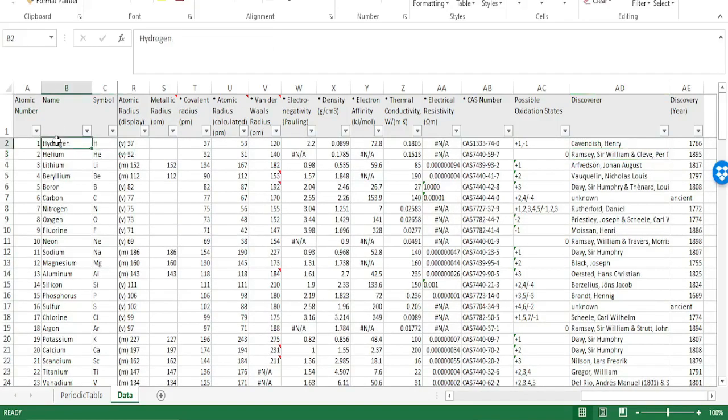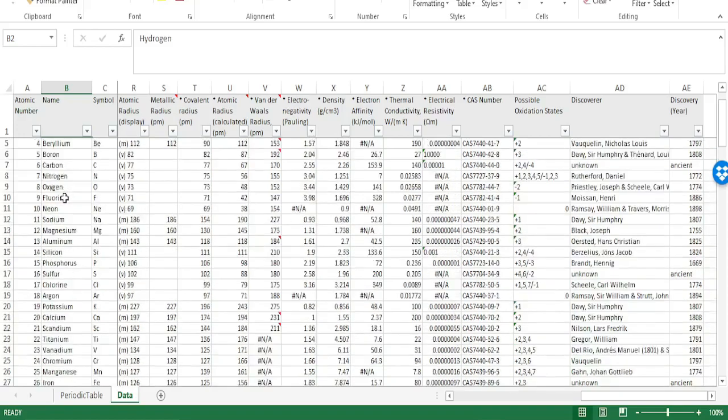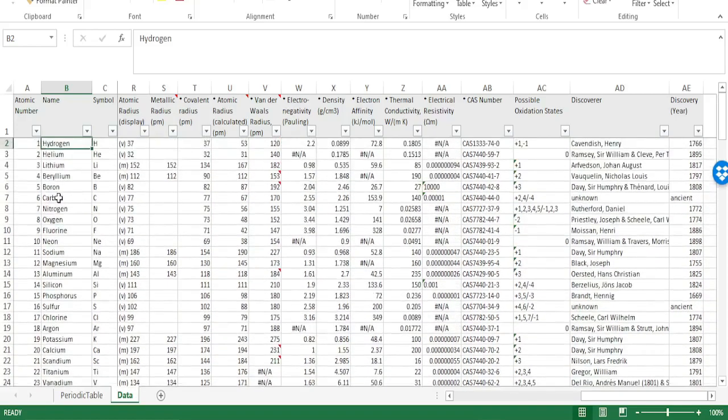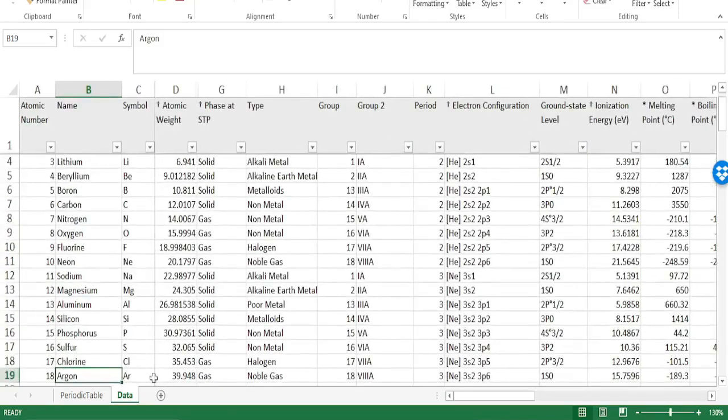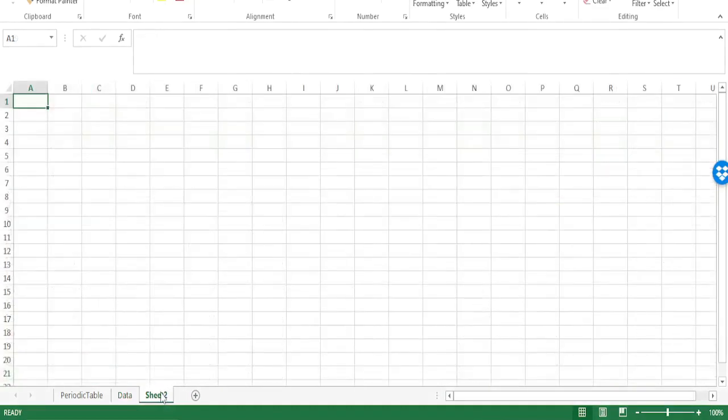We'll not be exhausting all of the elements. There's 106 of them. It's a big graph, so we're going to use maybe at least 18 elements, up to argon here. Okay, let's start. I'm going to generate a new sheet, and I'm going to name it 3D